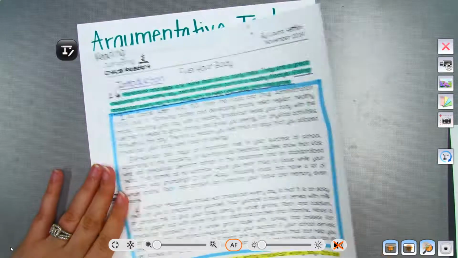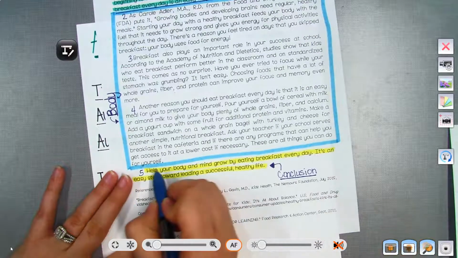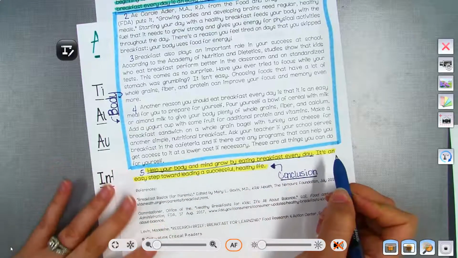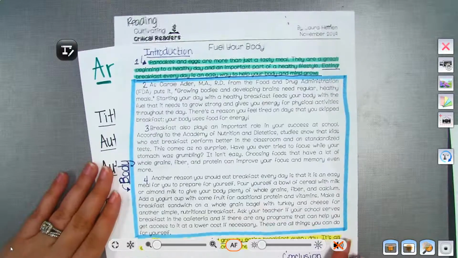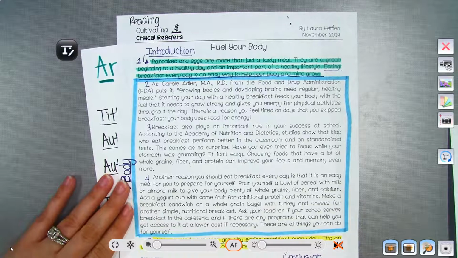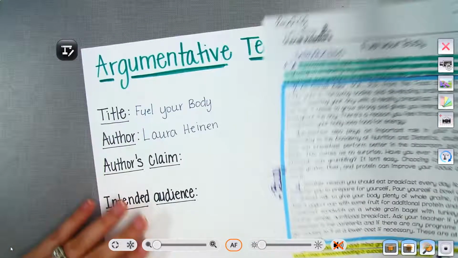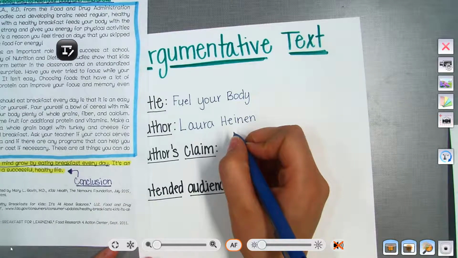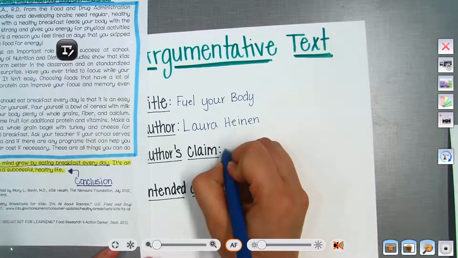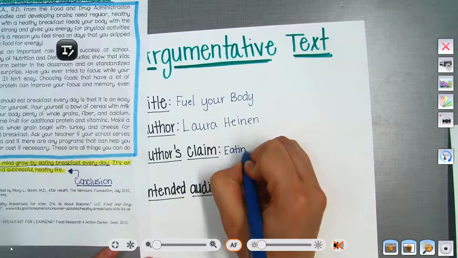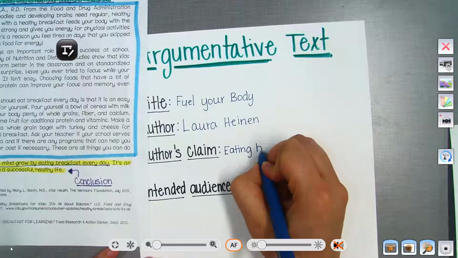It also says that in our conclusion. Help your body and mind grow by eating breakfast every day. So the claim, now we're not going to write word for word what he put. We're going to write the claim in our own words. So if I wanted to write this in my own words, the author's claim is that eating breakfast every day helps your body and mind grow. So eating, and I'm capitalizing it, eating breakfast